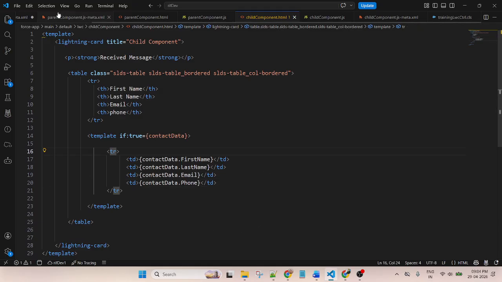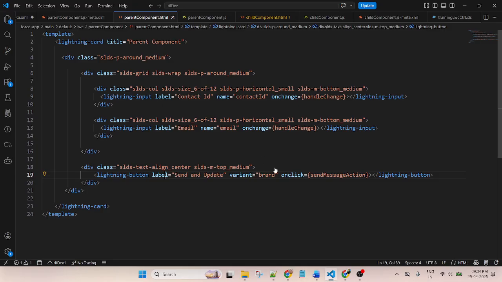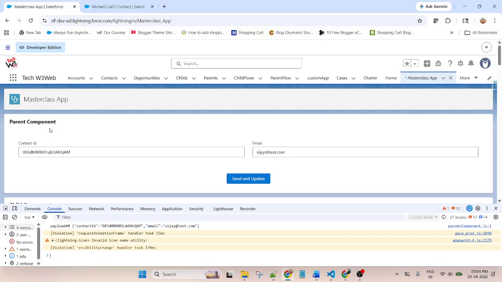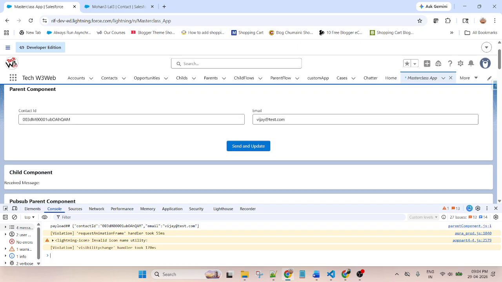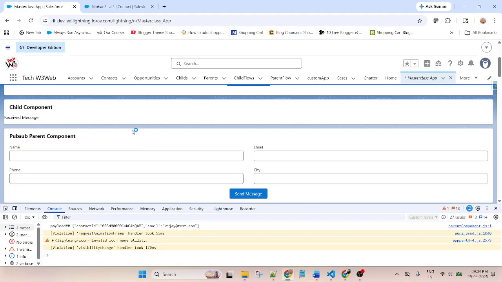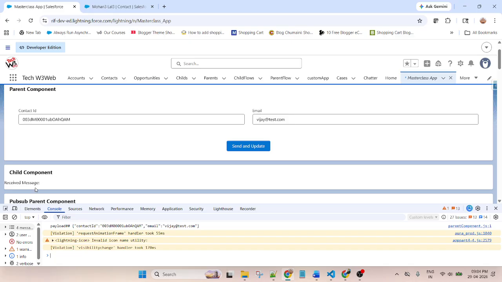Now all of the components are completed. This is the parent component. In the parent component, I created two input fields. Today's scenario is advanced level, a practical scenario. When I pass the contact ID, based on this contact ID I will display the contact detail inside the child component.